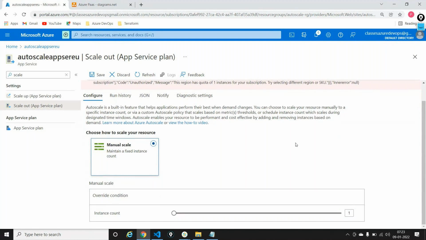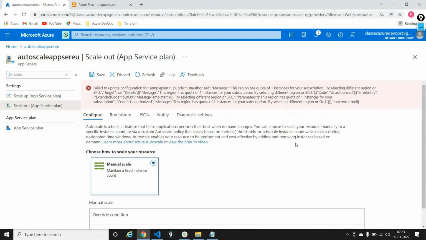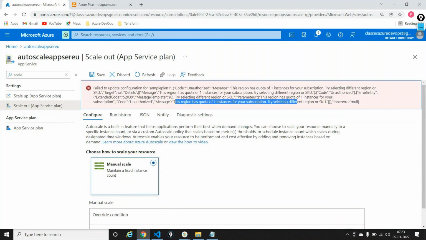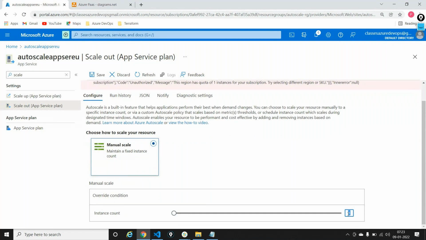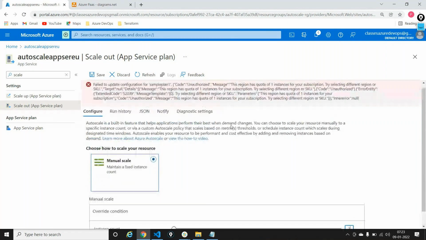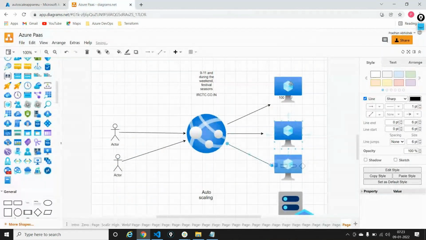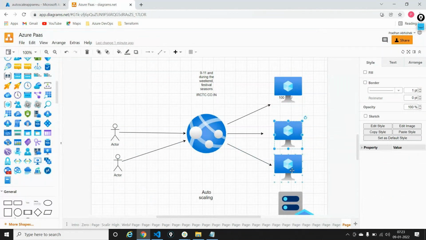I cannot really go to a higher instance capacity out here, because any region that you take will not support more than 1 instance out here. The reason being, this is a free trial account, so this won't really support it. But what will happen here is that as and when I hit 3 and just say save, there would be 3 virtual machines running in the backend on the same plan each. So S1, S1, and S1,